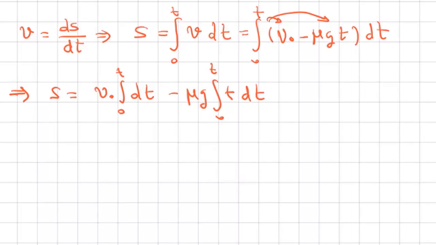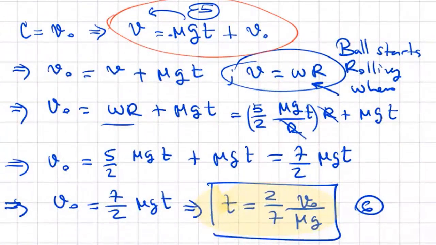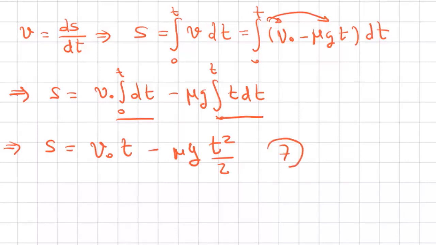All right. And we have this equation. Then s is going to be equal to just the integral of dt is t. So we have v0 t minus the integral of t dt, which is t squared divided by 2. But that time is the time that we calculated on equation number 6. So we have to replace equation number 6 into equation number 7, which we call here equation number 7. So we replace 6 into 7,